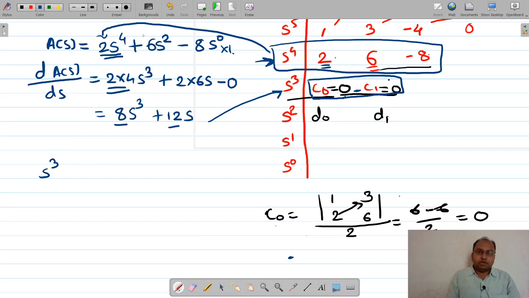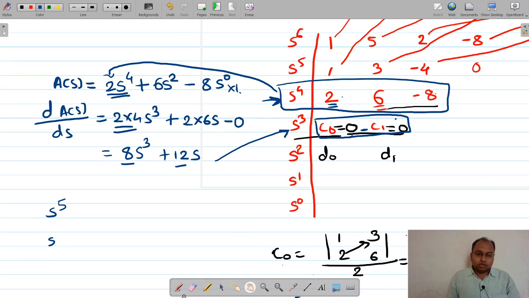So now s raised to 5, not s cube, I think it is starting from s raised to 6. Yes, sorry, s raised to 6, s raised to 5, s raised to 4, s cube. Okay,